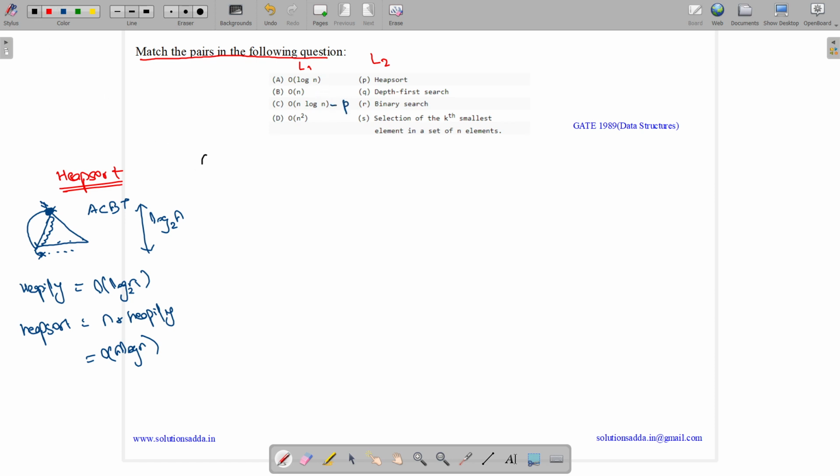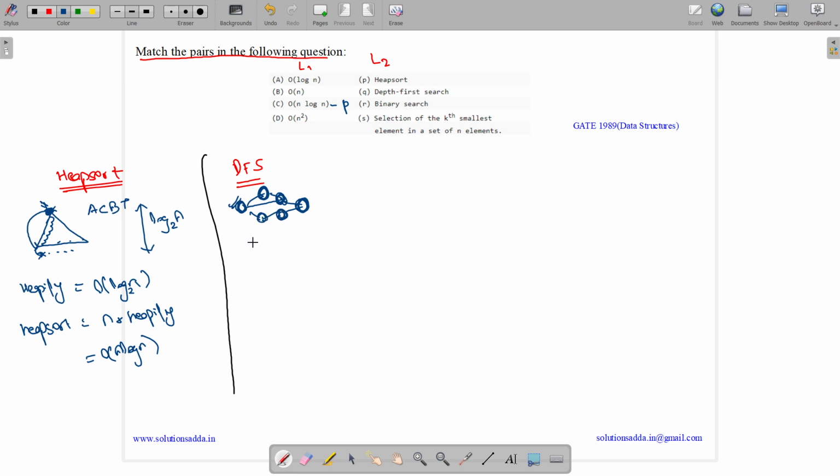Now let us see the next one. The next one is DFS, depth first search. We know what a DFS is. We would be given a graph and we can start with any vertex and we need to traverse it depth first. Like suppose we start over here, then the next vertex will be here, then the next one will be this. We will go to the entire depth. The next one will be this, the next one will be this.